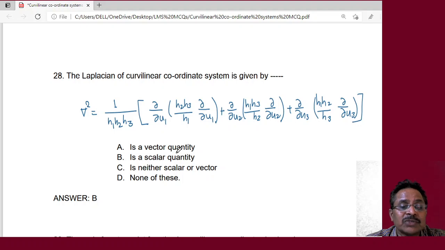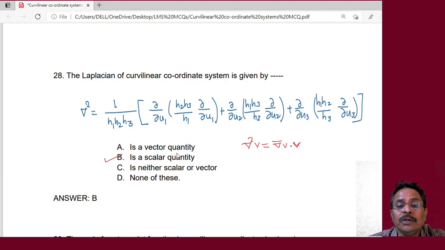So writing this del square operator is always very easy if this particular type of expression is seen. And remember, as we have said earlier, the Laplacian of any scalar point function or vector point function is always going to be a scalar physical quantity, because it is going to be a dot product of del bar dot del phi or del v. So whatever we get, the answer to this question is again going to be a scalar quantity.